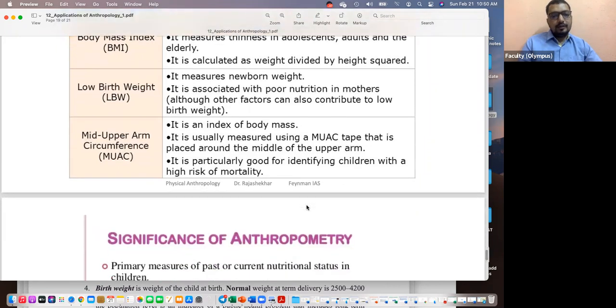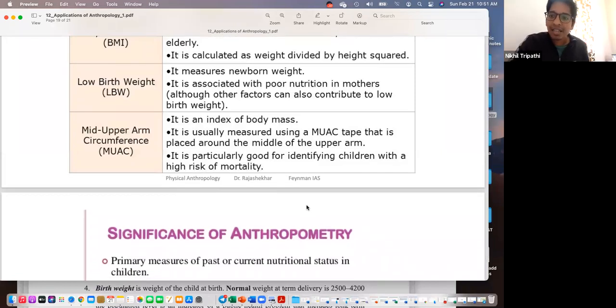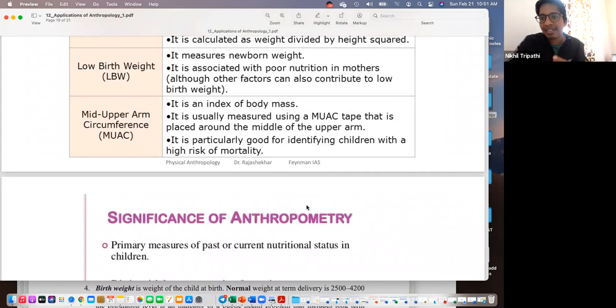But how much do we rely on this? All this changes with statistics over a period of time. That is why government may go on and off with respect to usage of these types of statistics. But it's really good for initial screening, like you said, sir, because there is a red, green, and yellow thing on this MUAC tape, which clearly screens them. You can easily filter out where they are, and what the specific issue with them is. This is preliminary, right? No invasive method is involved. A simple calculation like that can help prevent such a change further. I don't think we would normally realize this otherwise.